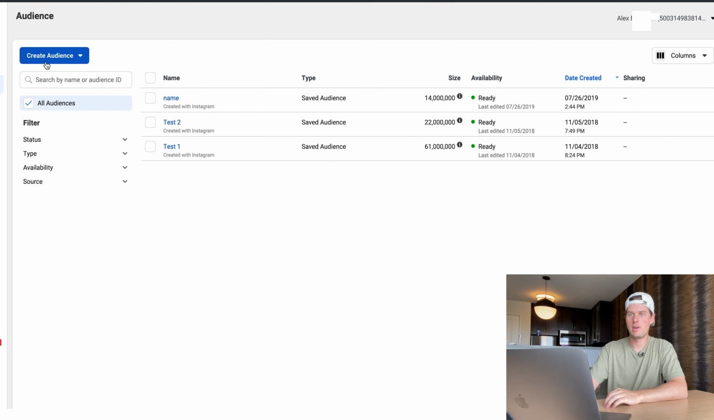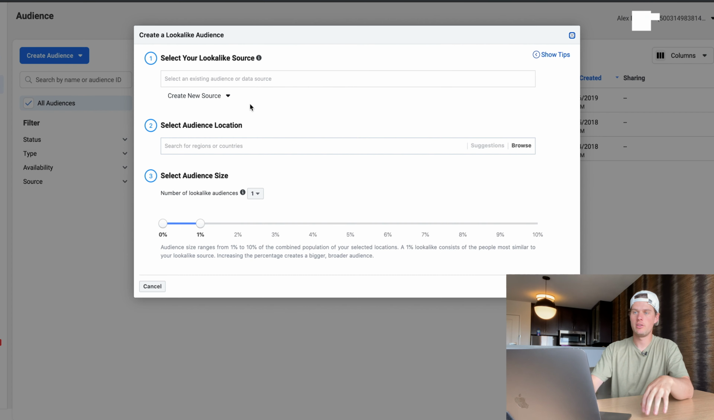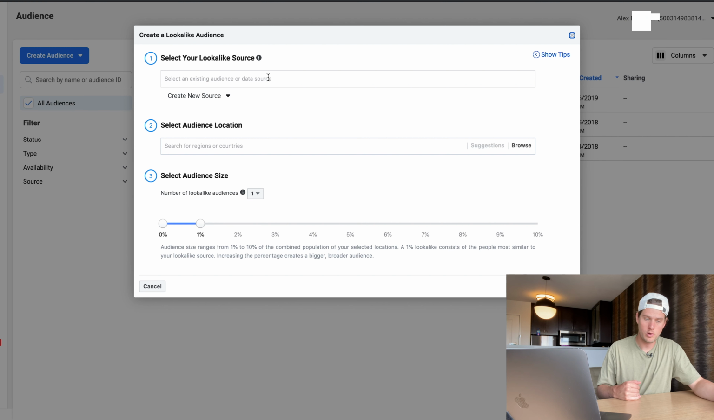You can do that. Now to create a lookalike audience, just click right here and click lookalike audience, and then you need to select a lookalike source, which is going to be a custom audience. So you need to create a custom audience first, and then you can create a lookalike audience off of the custom audience. So if you've got a list of people's emails that purchased from your website, upload that list as a custom audience, and then right here in this box you'll be able to select that audience as your source audience,